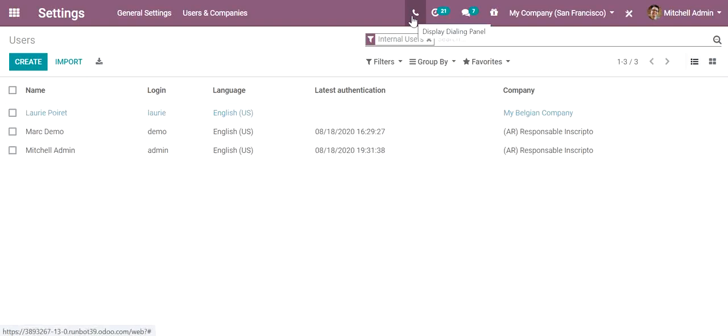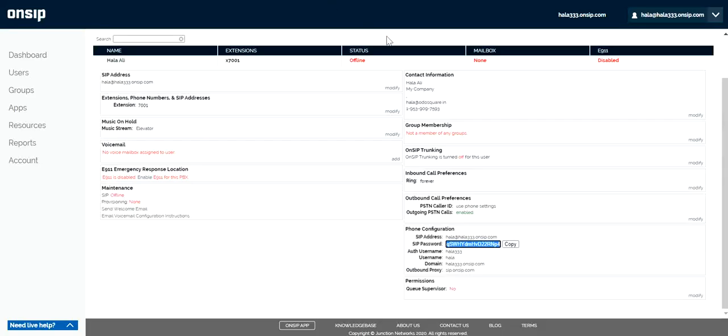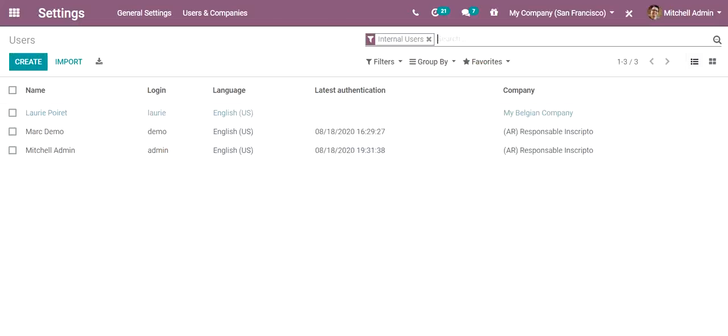So now you can make phone calls by clicking the phone icon, but you must be sure that you're properly logged in as a user configured in Odoo and OnSIP. You can also receive calls. The phone number will be the same as provided for the users when you go to OnSIP. See, this is the phone number. This will be the phone number in Odoo. It will also display notifications.